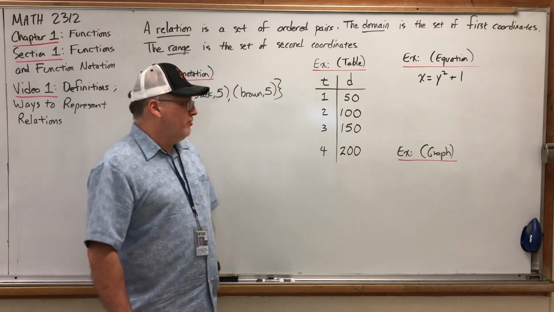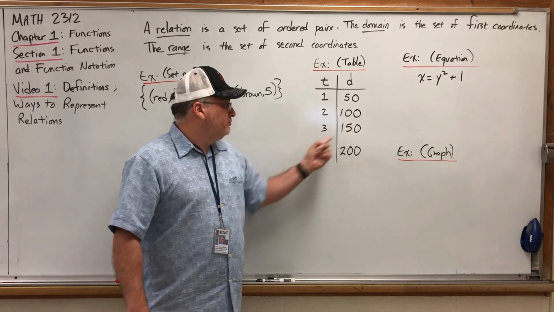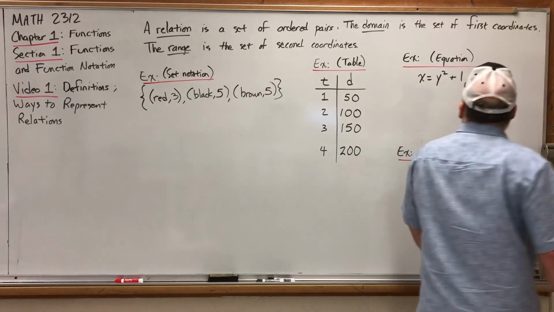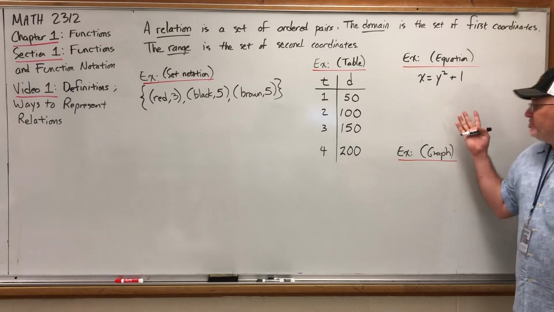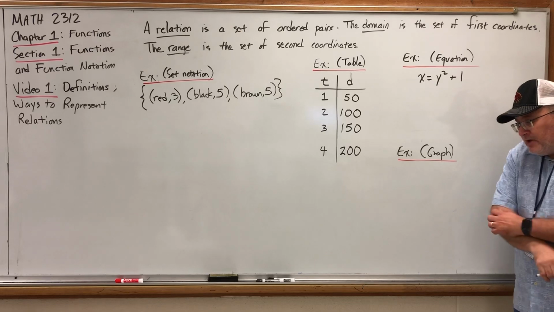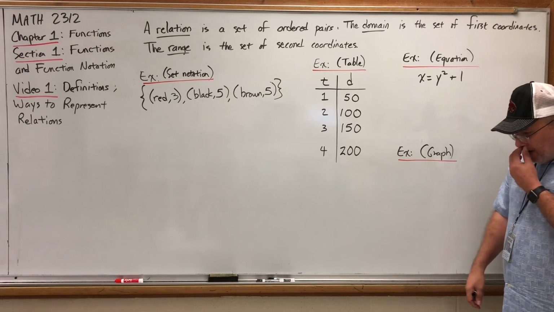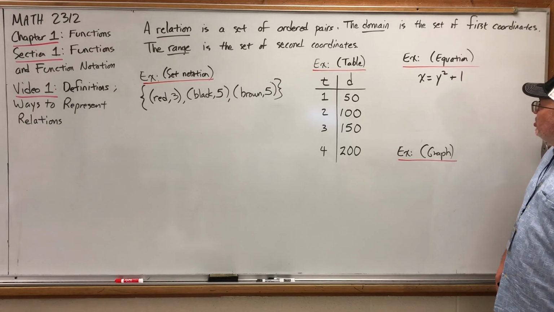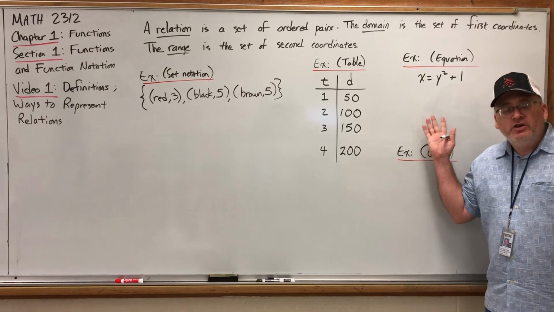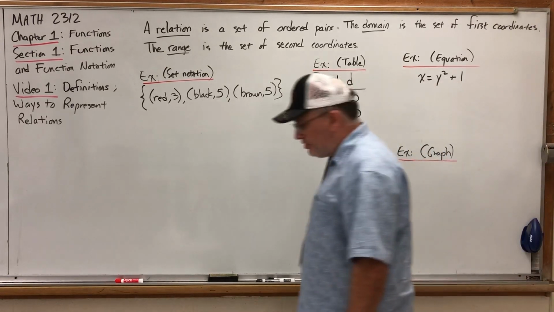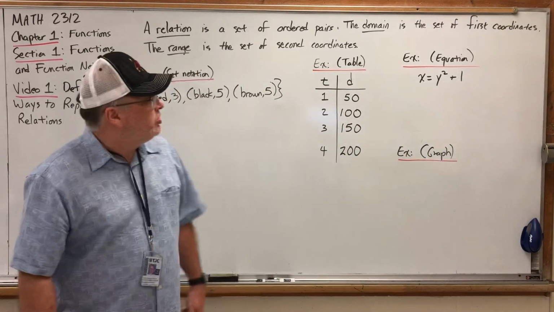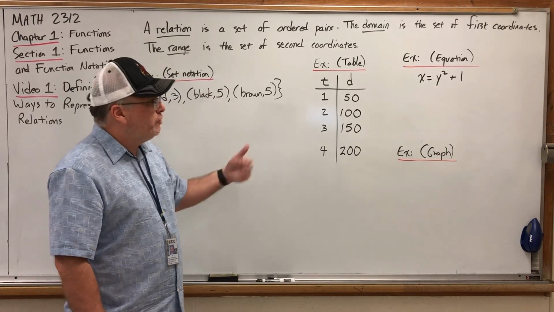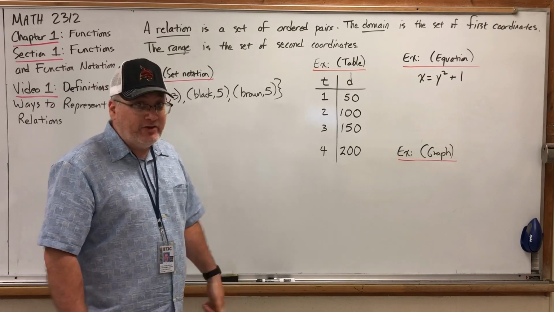There doesn't have to be a relationship between each pair or within each pair. Often there is. Another way to represent a relation is an equation, such as x equals y squared plus 1. Now, you might think that that's not a relation because by definition a relation is a set of ordered pairs and this is an equation. So how could this possibly be considered a relation? Well, the answer is the equation implies ordered pairs, namely ordered pairs that make the equation true, or equivalently